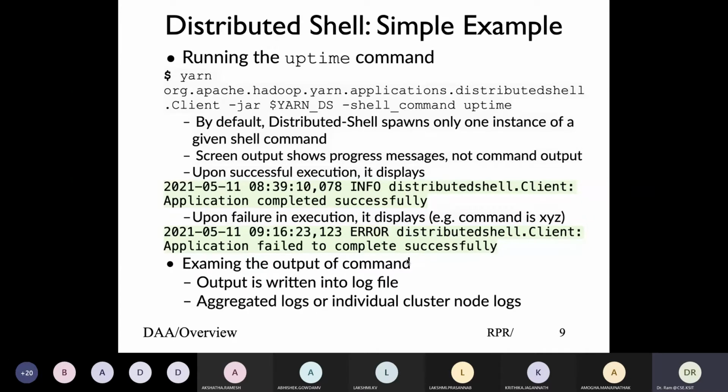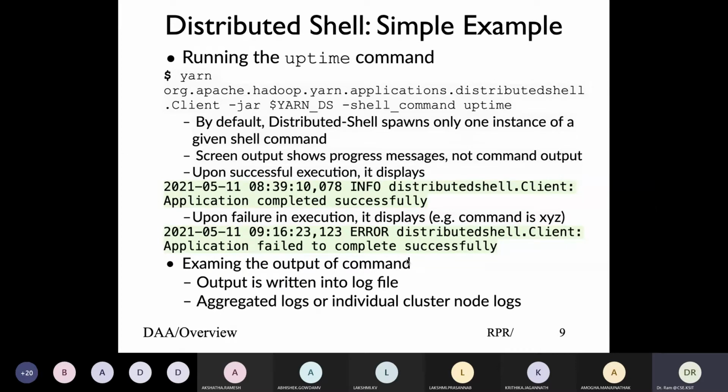To identify the output of the command, like what uptime gives you, you do not get output on the screen. You have to look into the logs and get the output from the log file. Now, logs could be either aggregated or local to each node. Since I'm using this Hadoop Linux minimal installation, which has aggregated logs, I need to make use of the aggregated logs, and there's a command to look at logs.